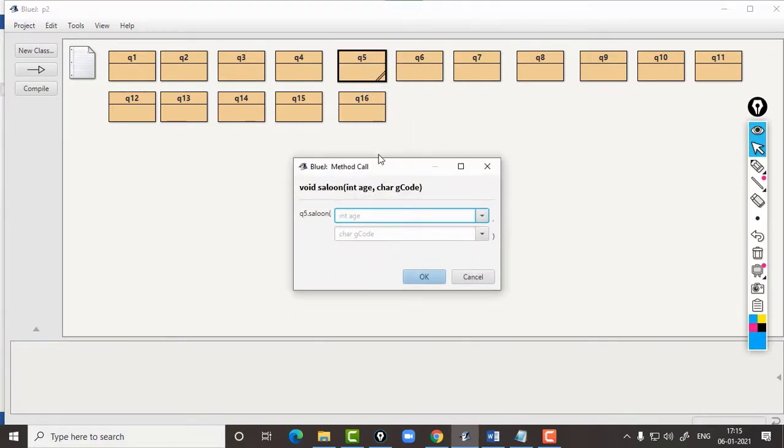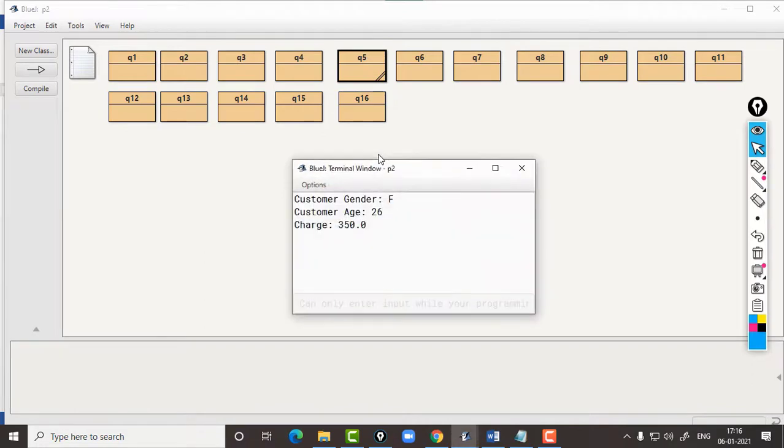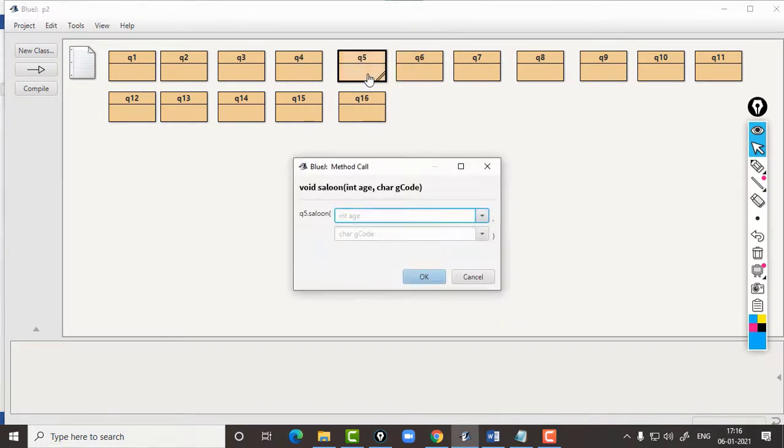Let us check for female, 26, gender code F, so 350. Let us check for below 15 or below 13.